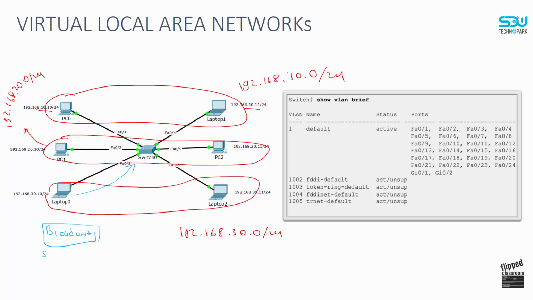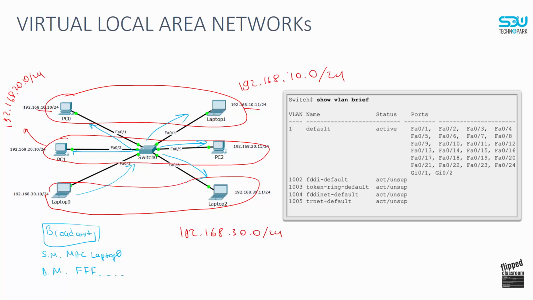In the source MAC address we'll see the MAC address of laptop 0, and in the destination MAC address we'll see the broadcast address, so the switch will receive this broadcast communication and will resend it to all equipments,